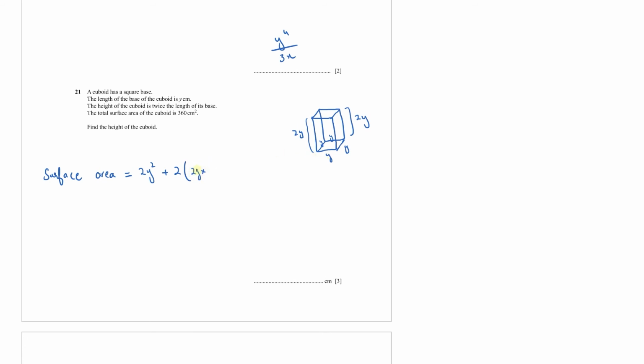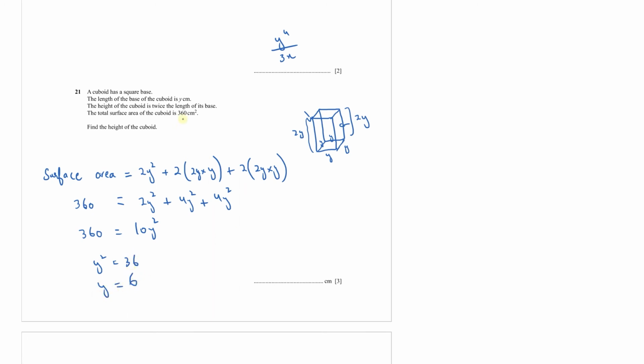So this will be the front and the back, plus this right side and this left side here. This is also 2y and y, and then again there are two such sides, so this will also be 2y into y and then times 2 outside. And we know that surface area is 360, so 360 equals 2y squared plus 4y squared plus 4y squared. So this will be 360 equals 10y squared, and y squared will equal 36, and then y will be